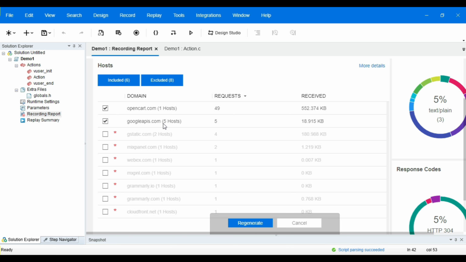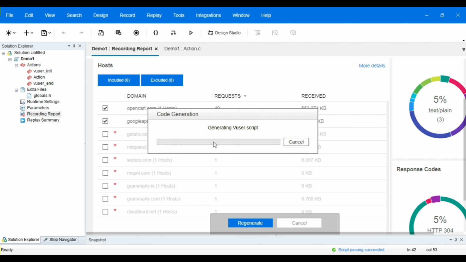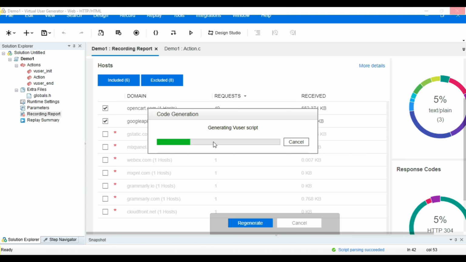I will show you another place where you can filter it out. So first I have unchecked it. I'm clicking on regenerate and yes. Now LoadRunner will filter out all the captured requests pertaining to these particular external servers which you don't want in your recorded script, and it will regenerate the user script.